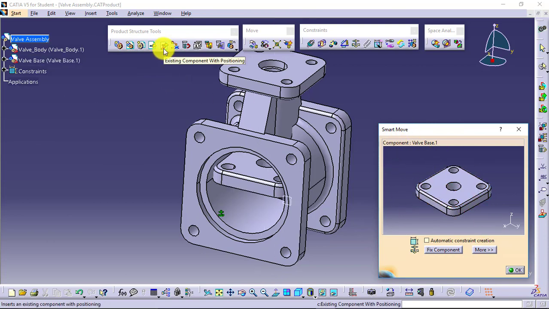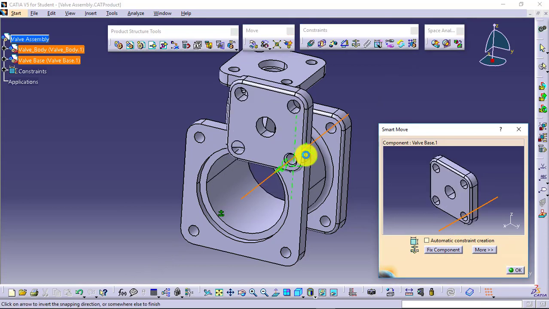Now as I had selected existing component with positioning, it will allow me to position my part as soon as I insert it. So it will ask me to select the references. So I will select this axis of the valve base to be aligned with this axis of the valve body.